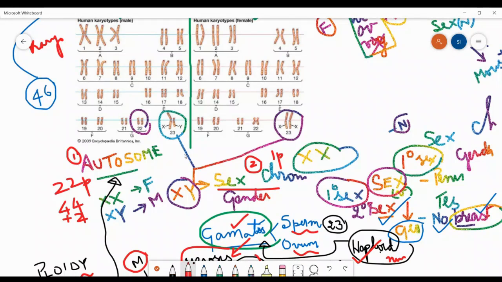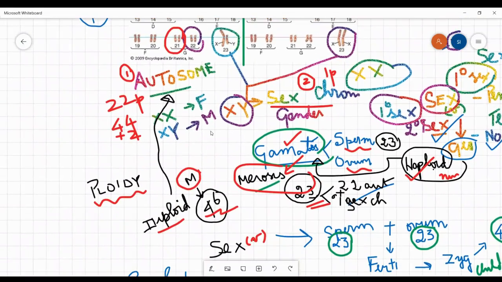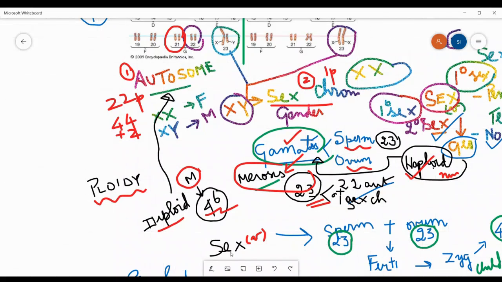Now we're looking here. So this is a 21. 21 trisomy. The condition is called, so look, keep it in a field of view. So 21